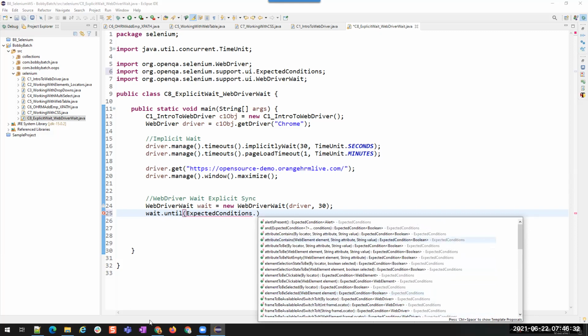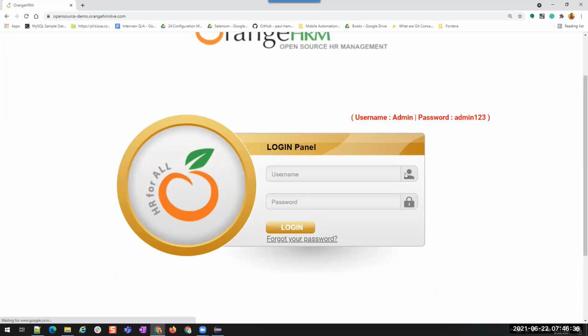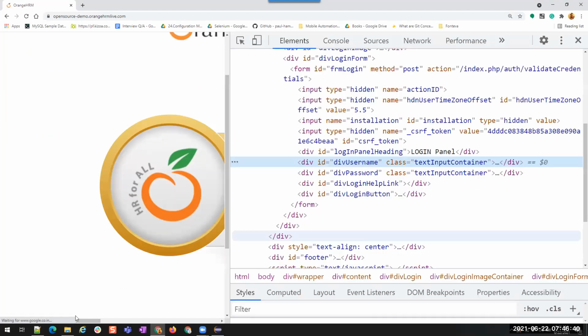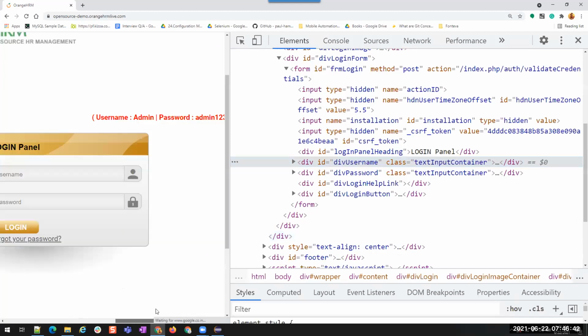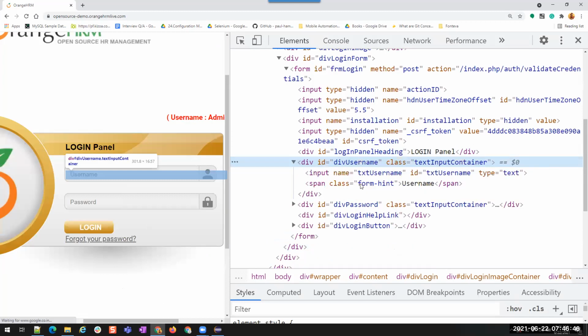For example, now let me go to this OrangeHRM and let us observe this username field. Currently this is inside it, and you see here class form hint, and then username is displayed here, and then observe div id, text, input id, name, text.